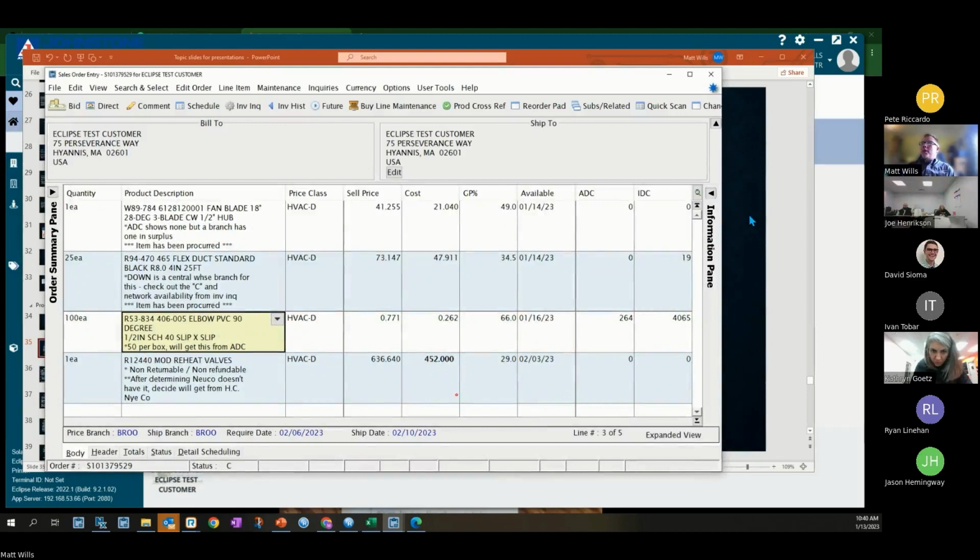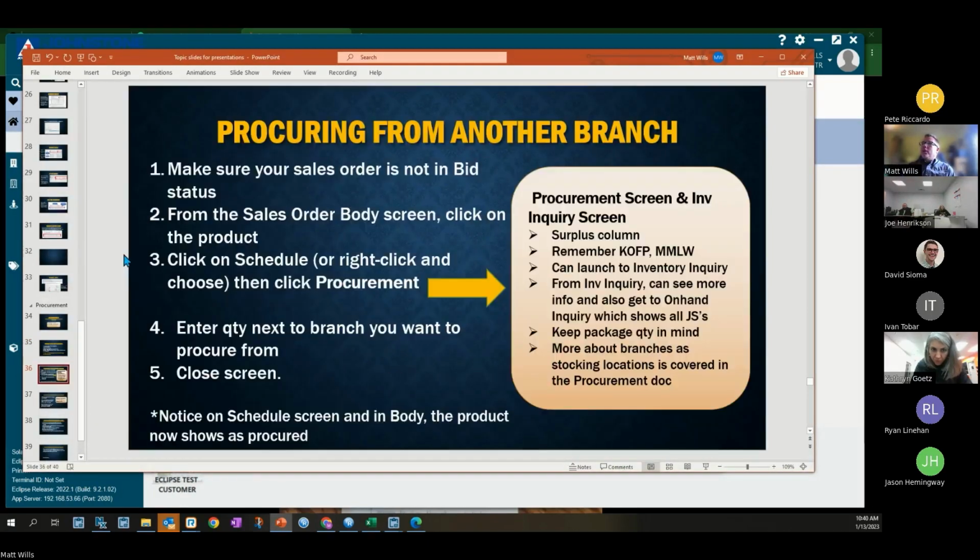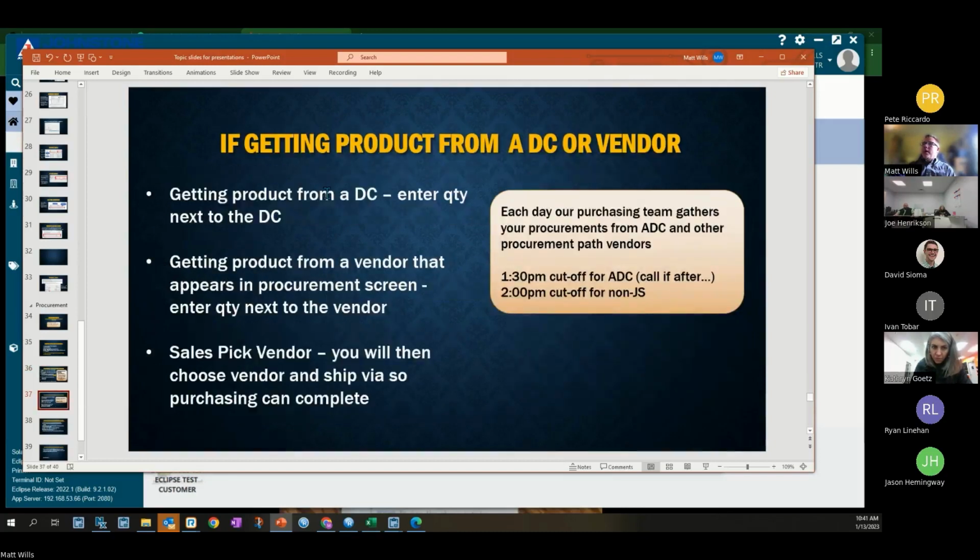Okay, let me go back to my slides for a moment here. I should have hit this slide a minute ago, but just a couple notes when I'm procuring from another branch. Since we're already procuring from Allentown on this one,